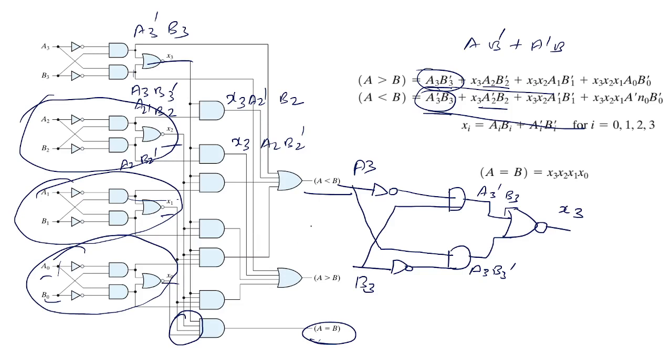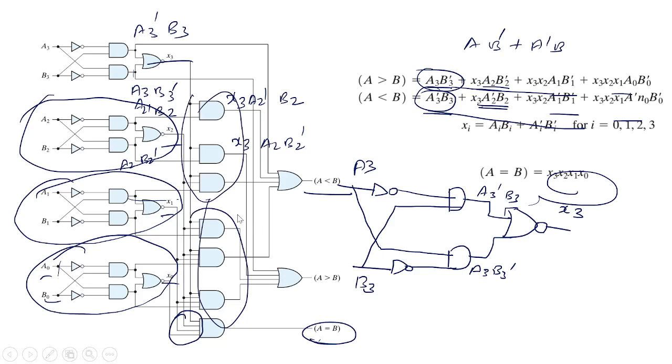This is very simple. No need to learn everything by heart. Make sure you can write the equation and draw this repeated diagram of XNOR gates, and then have 6 AND gates, totally 7, if I am not including this one. Excluding this, we have 6 AND gates: 1, 2, 3, 4, 5, 6. For X3 ANDed with A2 B2 prime, 1 AND gate; X3 X2 ANDed with A1 B1 prime, another AND gate. Like that, totally we need to have 6 AND gates. So 3 for one, another 3. I hope you can understand. Thank you.